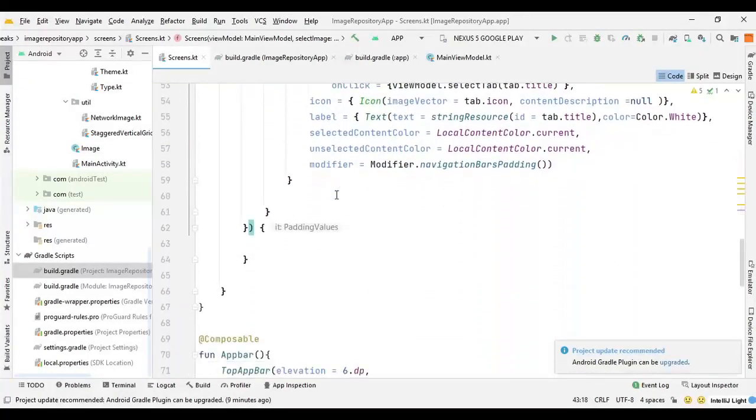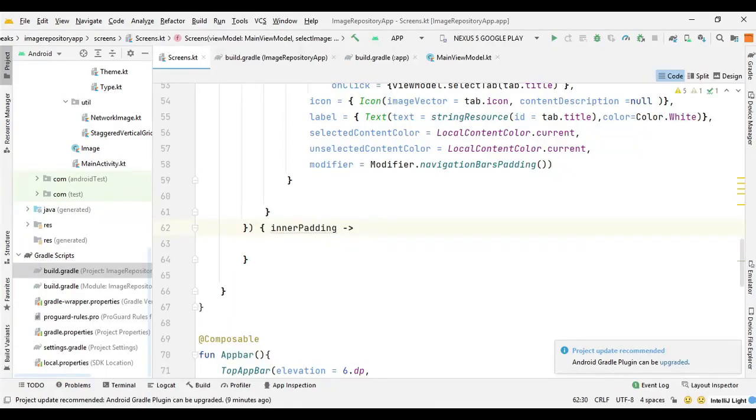Let me check it again. Yeah, here it's complete, and now we need to declare the inner paddings, so we can fill the screen with the image and their details. So here we can say innerPadding followed by lambda expression, and here we need Crossfade.